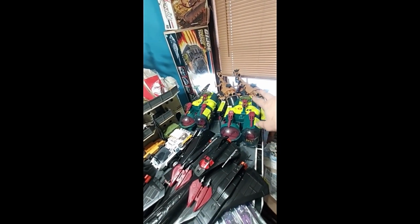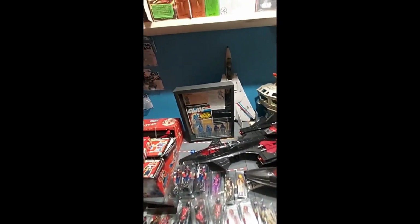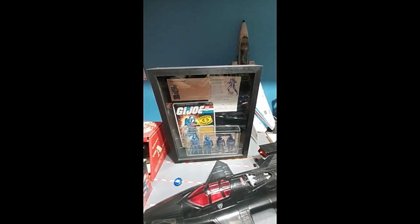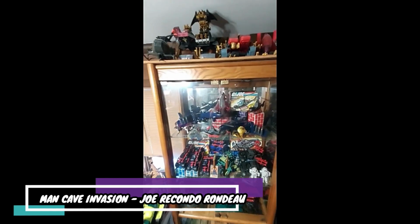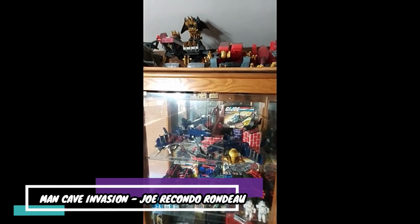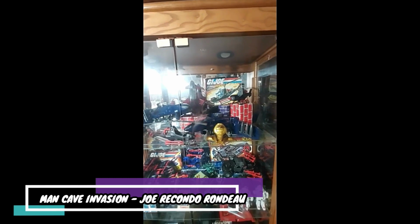But I have some Cobra Bugs there, some Tomahawks. This is the Raven, one of my favorite planes. We have Mickey Mouse Cobra Commander, and then a swivel arm and a couple mail-aways. I made a little shadow box. Take you up here. Here's some newer stuff. Late 80s Iron Grenadiers, whatnot. These are some of my prized gems. My Rattlers, my Fangs,